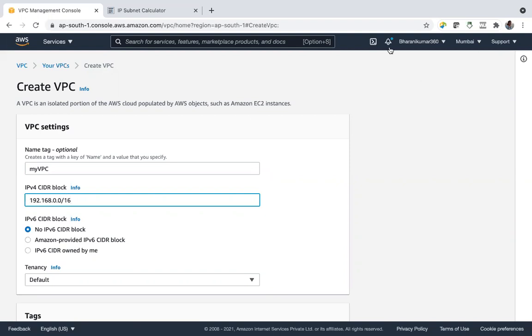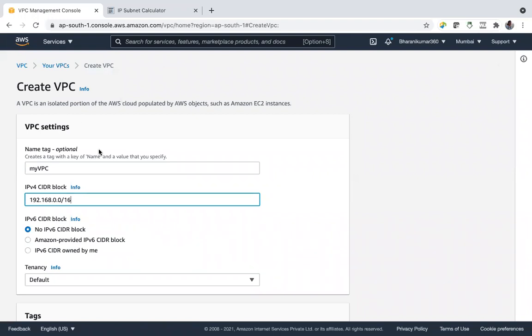So this part clear, right, guys? CIDR block. What does this mean? Starting from this address, 65,000 IP addresses can be connected to my VPC.